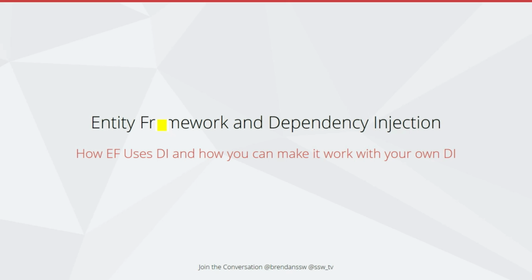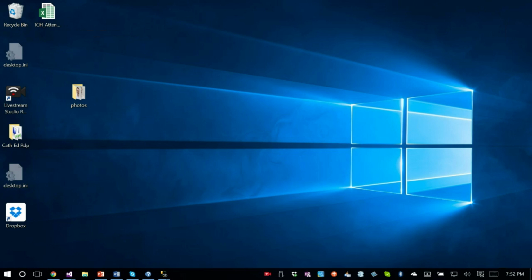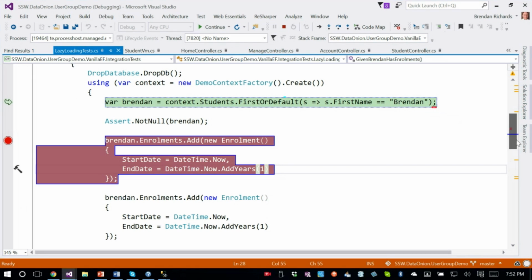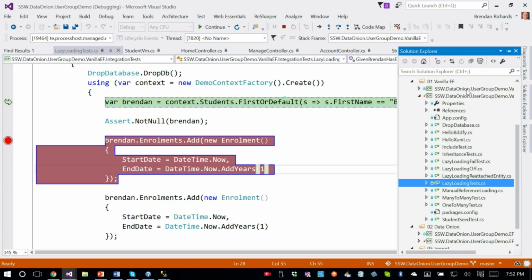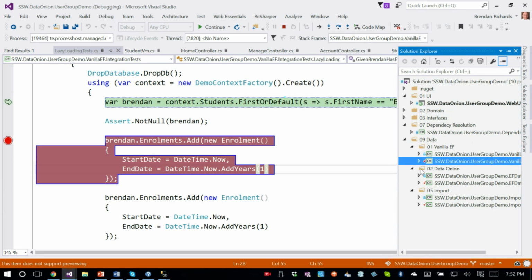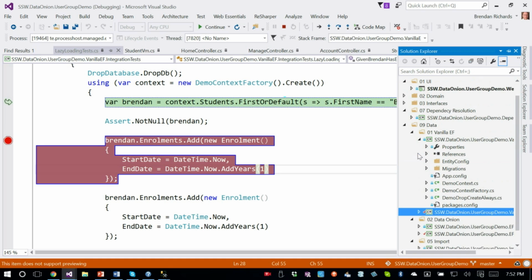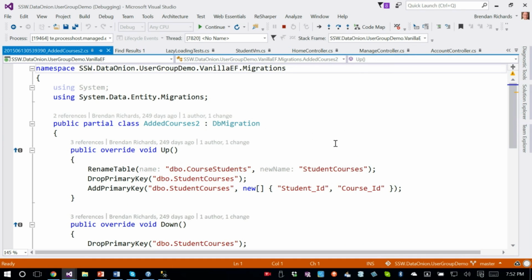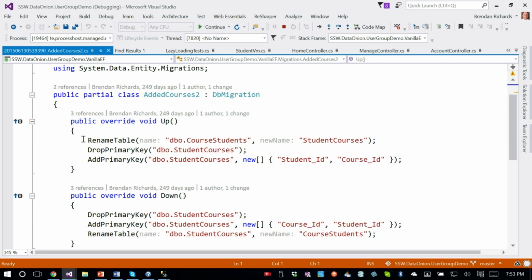And what I haven't shown you is what an actual migration looks like. So I might just drop out and show you that. I'll show you a migration from Entity Framework 6. When you generate a migration, Entity Framework still works in the same way. What it generates is this type of information.